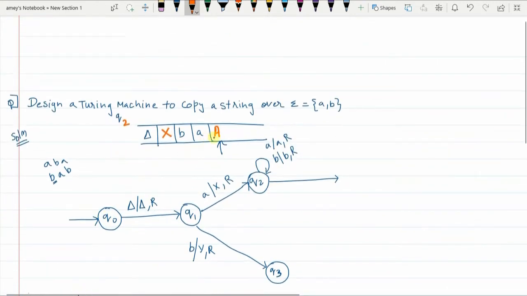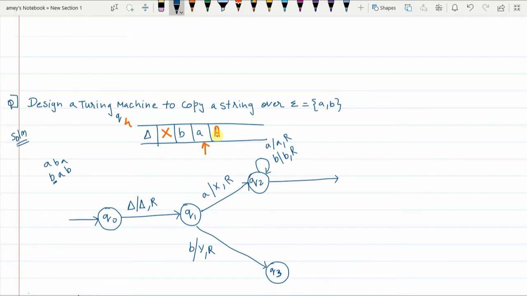This small a I am now pasting here. Since I have done this replacement, the pointer will move to the left and I will go to a state, say Q4.